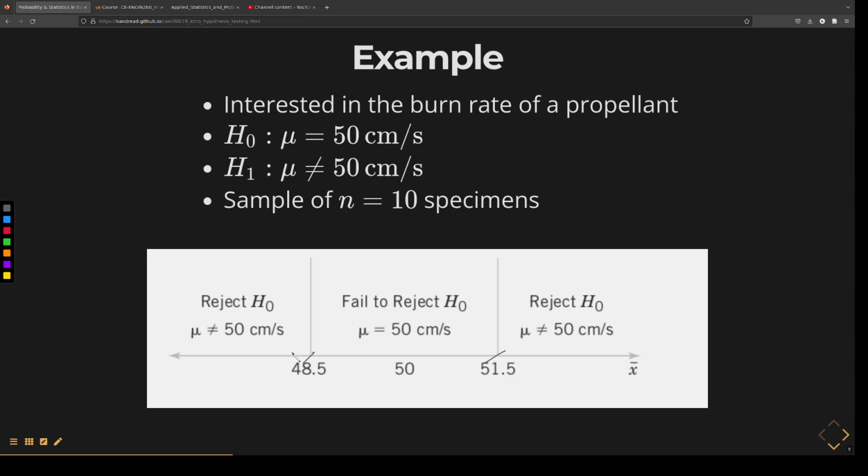However, if our statistic falls in this area here, that corresponds to a sample mean of greater than 51.5 or less than 48.5, then we would be able to say, you know what, actually it looks like the true mean is not equal to 50, but it's somewhere in here. So we would reject the null hypothesis. Same thing on this region as well,